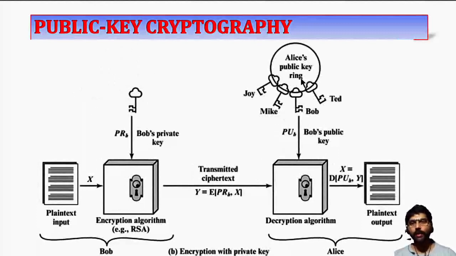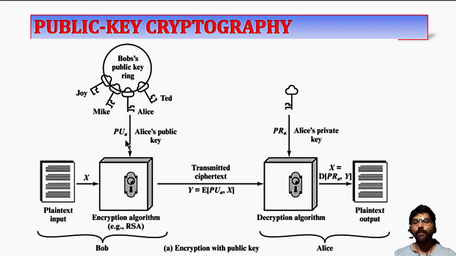In a similar way, here is one more diagram. In this case, Bob has a private key and he distributes his public key, the pair of this private key, to others, called Alice. Bob uses this private key for encryption and transmits the cipher data, whereas Alice has the public key and uses that public key for decryption. So these are the two techniques we use for data encryption. Sometimes we also use both keys, the public key as well as the private key.